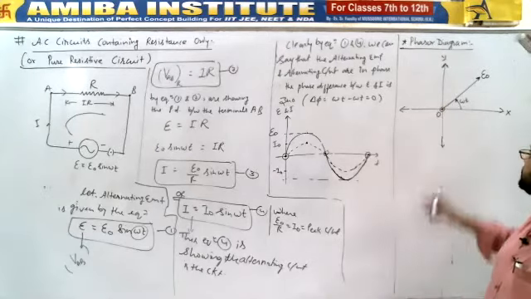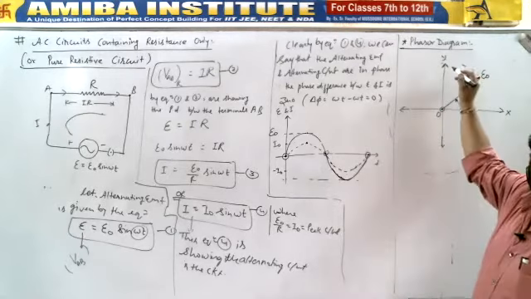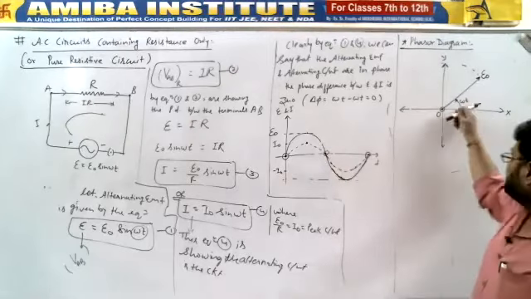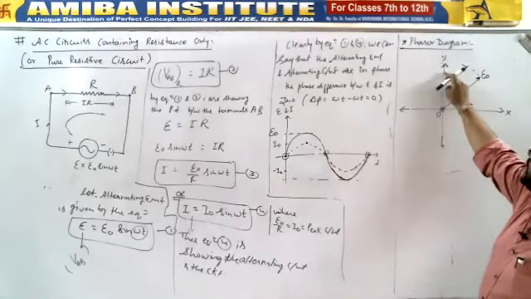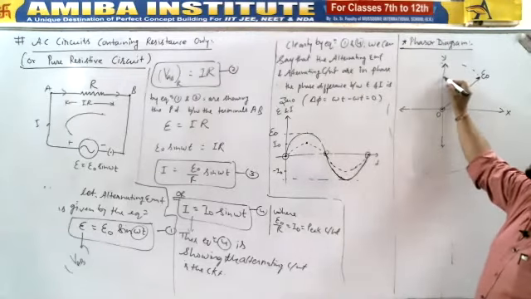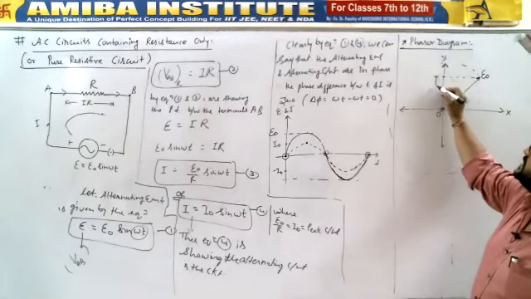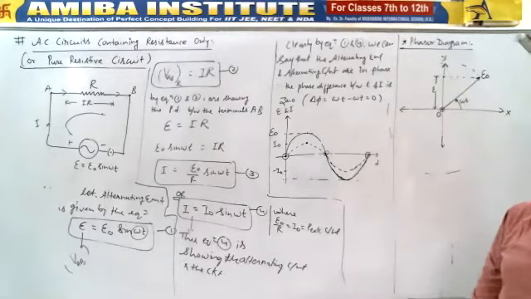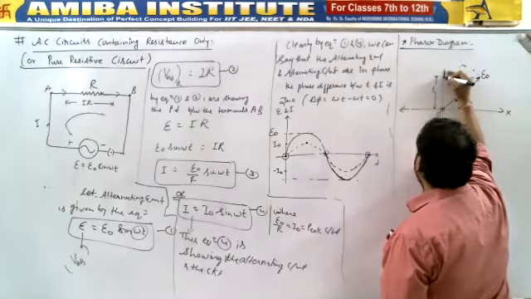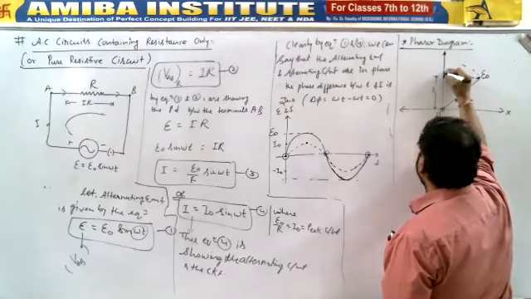Similarly, if I'll be drawing, this phasor will be rotating in that way, right? So right now at an instant t, it is here. At 0, it will become here. At 90 degrees, the peak value, it will be here. And the projection of it will be its instantaneous value of E. Clearly, you can see that at 90 degrees, E will become E naught, isn't it?